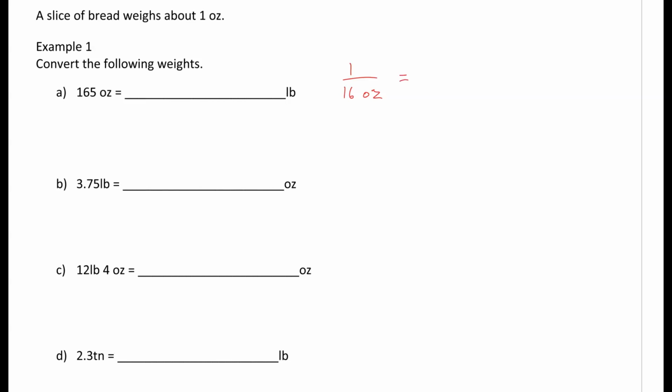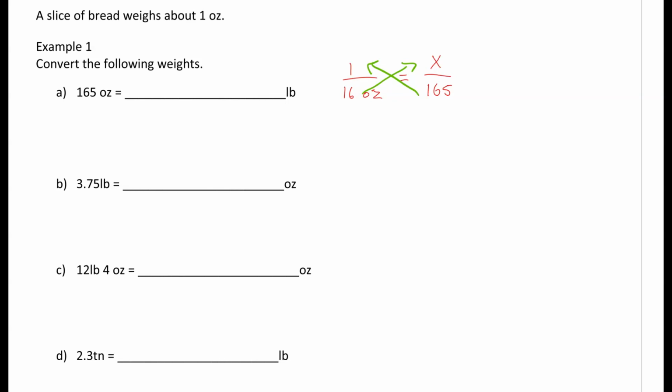Equals. Now we have ounces. We have 165 ounces and we want to convert that into pounds. So if we want to find pounds, which is on top, that's where x goes, and then our 165 is going on the bottom. Now what we've set up is our cross multiplication,